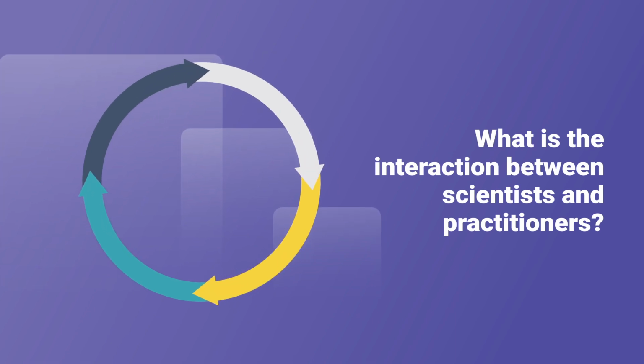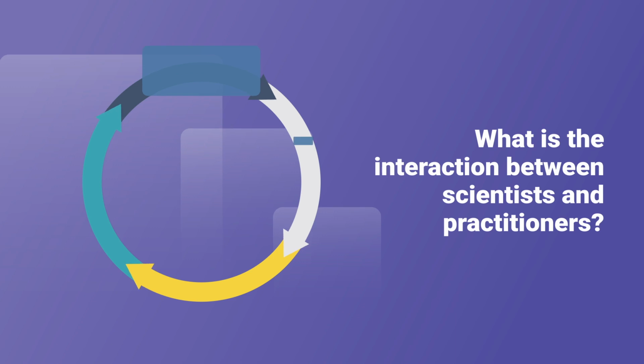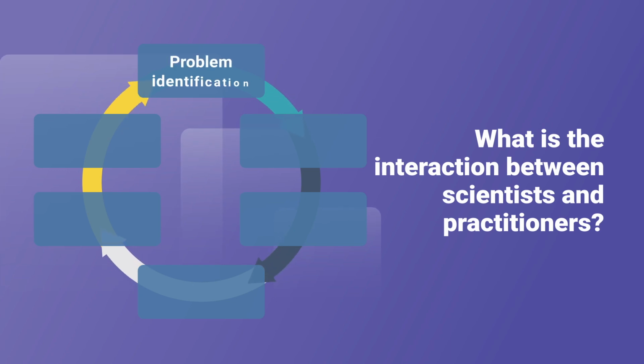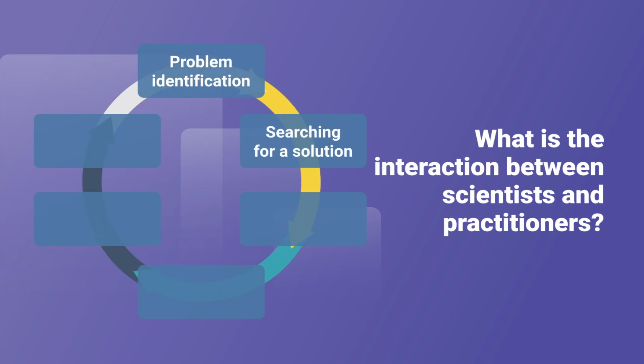The process of cooperation between scientists and practitioners can be presented as a closed but repeatable cycle over time. To begin, a problem is identified by examining the area of interest and determining what needs to be changed and can be improved. The next step is to look for solutions. It is necessary at this point to determine what methods and approaches can help in solving the problem we are